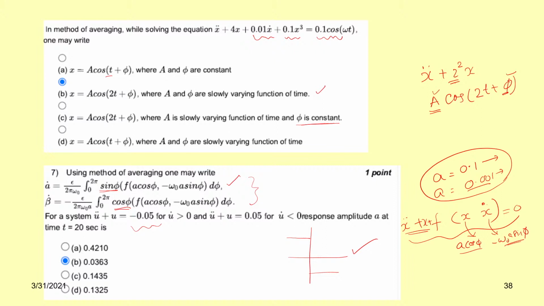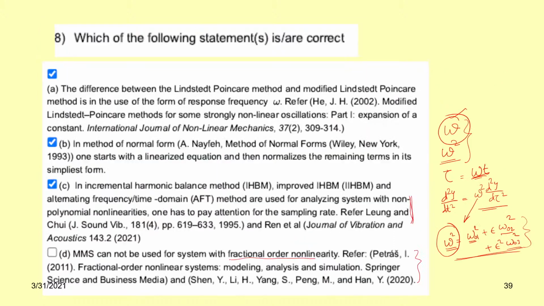Here you can take any value. I have done the simulation with a equal to 0.1, but you can take the simulation with 0.001 or 0.5 or 0.05 also. Take different values of a0 and arrive at this a value. You can find the same thing. Next.